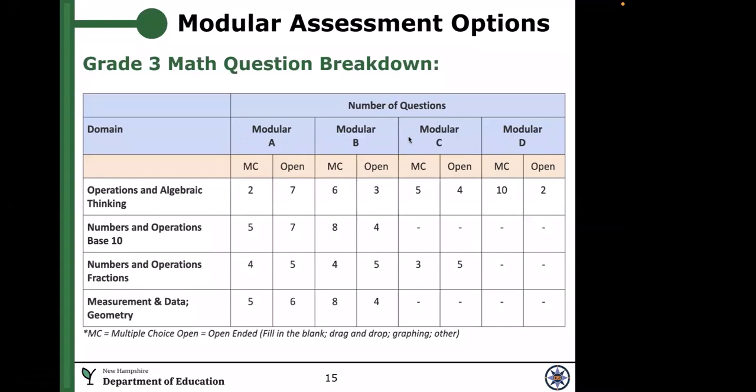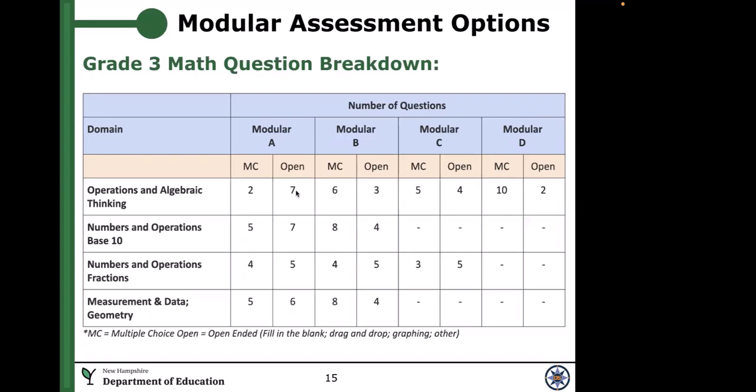Here are how many modular assessments you have for each one. So that operation is an algebraic thinking. You had 4 different modulars to choose from. This MC has to do with the number of questions that are multiple choice and the number of questions that